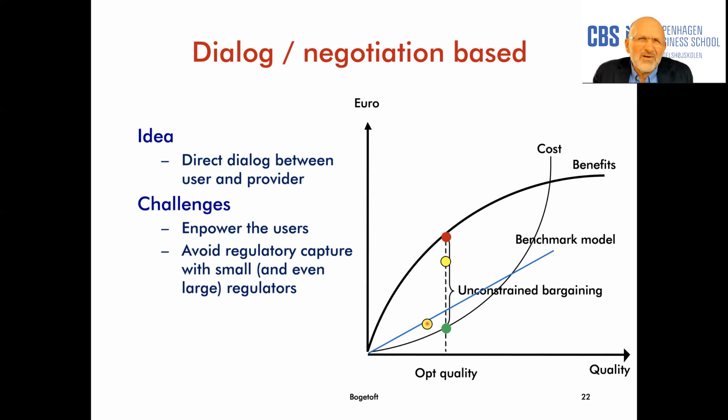But that's one of the ways that you can try to introduce some kind of negotiation between the company and the consumers, and still make sure you can use benchmarking to some extent to undermine the private information advantage of the company, and therefore give more power to the consumers in this negotiation between consumers and firms.